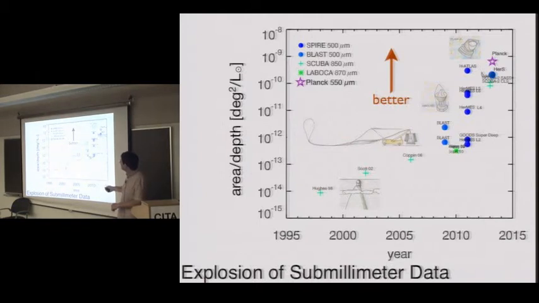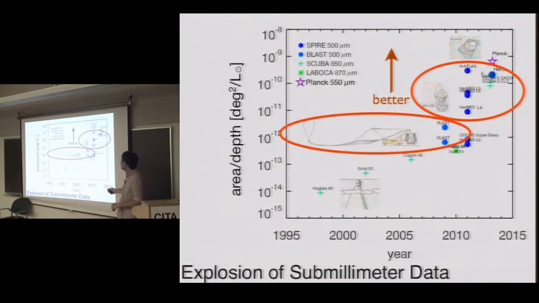one of the people, we built BLAST, and this was my PhD project. And that made some progress. And then Herschel and Planck arrived, and boom, right? It went crazy. So I'm here to talk about a little bit of BLAST, but mostly about Herschel. These surveys here, Hermes and HerS.